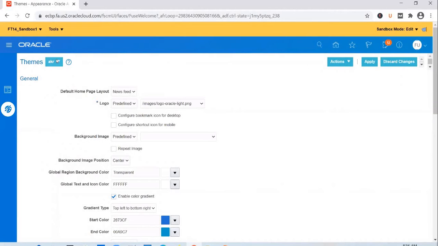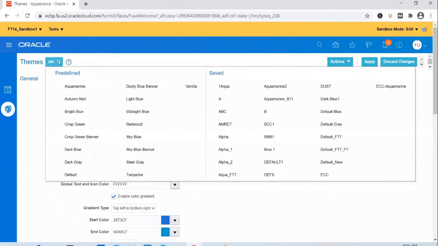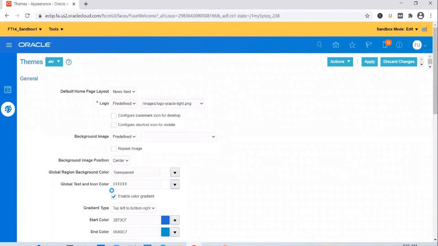And now you see that you have an option to pick a different theme if you want. Earlier we didn't see a drop-down, but now we are seeing a drop-down. You have a list of predefined themes given by Oracle. You can pick any one of them, and on top of it, you can make the changes that you want to do. Let's say, for example, if you want to pick this default theme, you can pick it up.